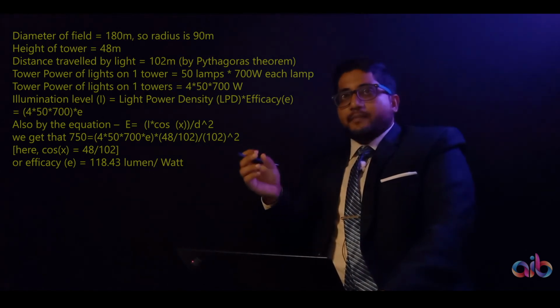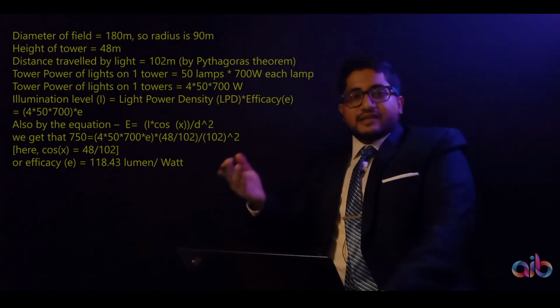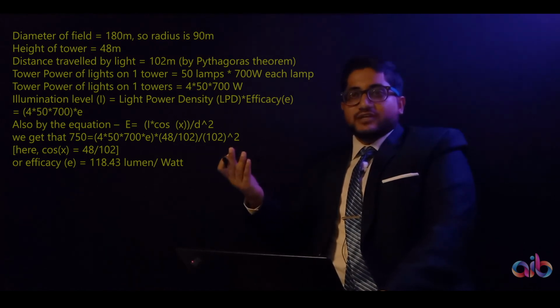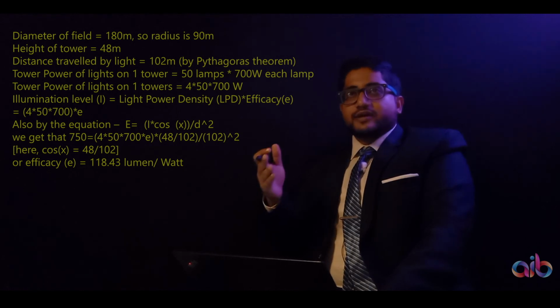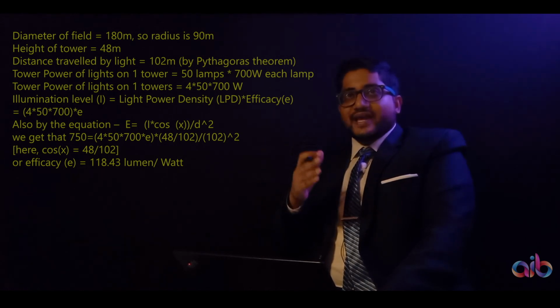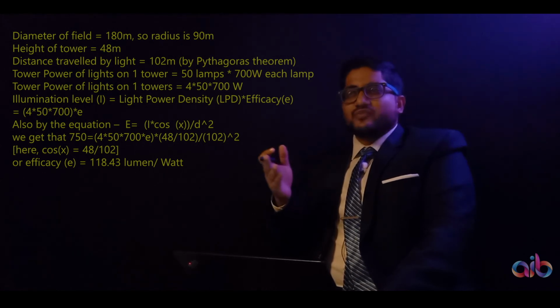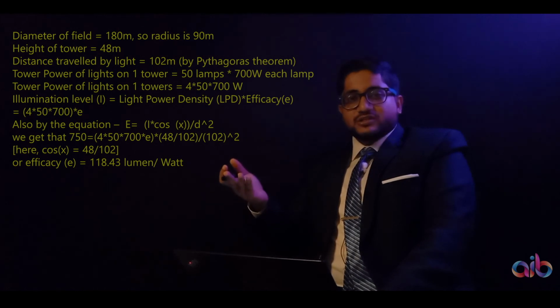So if you put down the numbers in the formula, you would end up with the final answer to this question, which is the efficacy of the entire setup. And as it turns out, the correct answer would be somewhere between 118 and 120. That would be an acceptable range for the GATE exam. So 118.3 something would be the exact answer if you punch it into the calculator. Otherwise, even if you stay within that range of 1 or 2, it's fine.